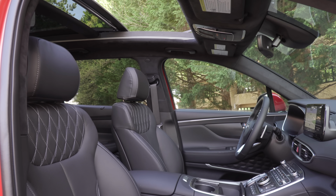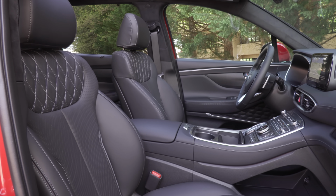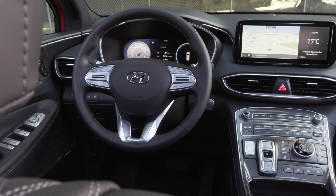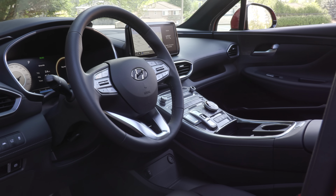So they seem to have gone up market with the Santa Fe on this Calligraphy trim. What do you get on this that you don't get on the others? Well, you get the bigger screen, the 10.25 inch screen instead of an 8 inch. You get the 12.3 digital driver display. And these are showstoppers in here, but you only get this on the top model, and the top model gets